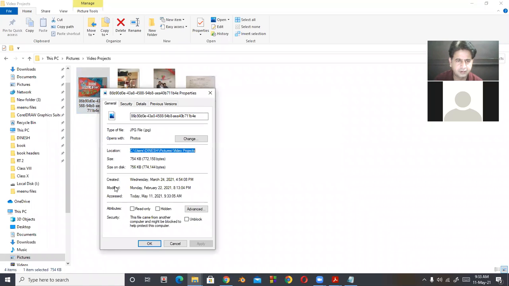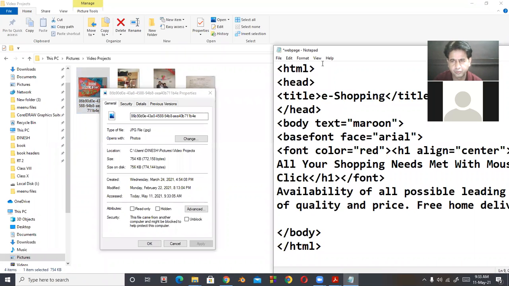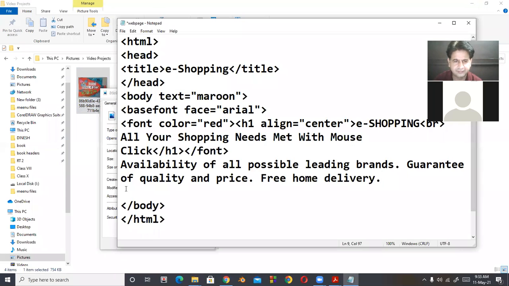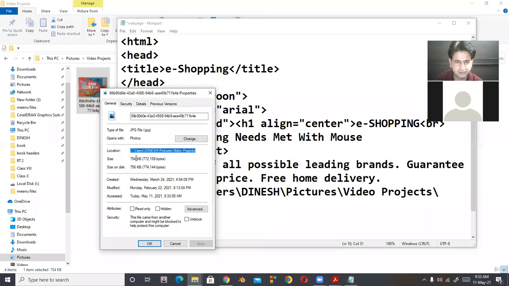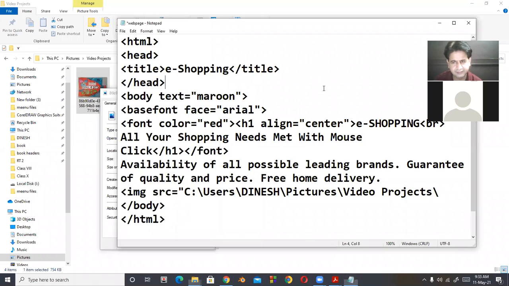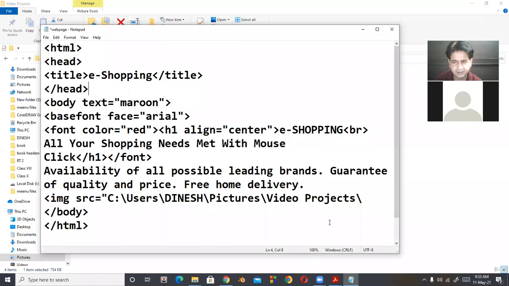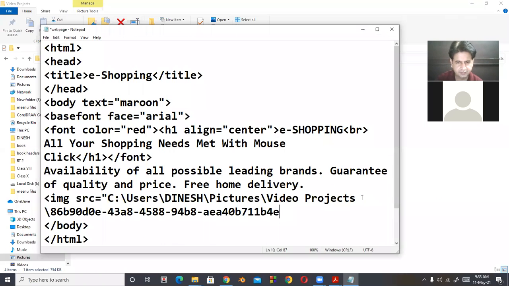So properties, copy the location, use here img tag, src equal to location, then slash name of the file with extension. Name of the file, that is a JPG file, dot JPG.